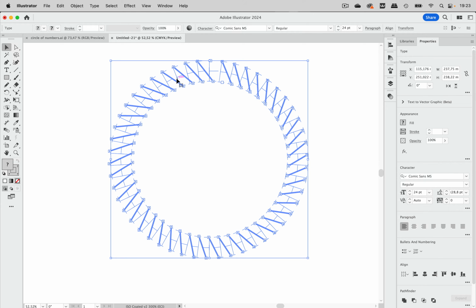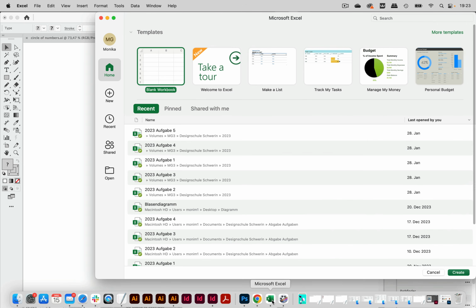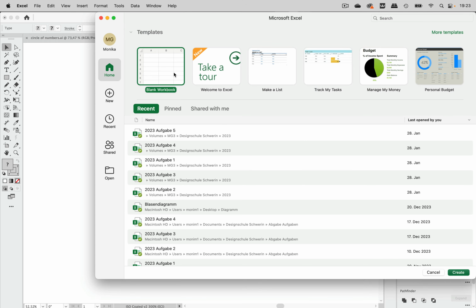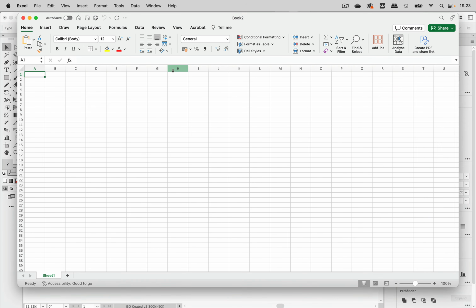choose Type, Threaded Text, Create. So this is the threaded text, and now we need the numbers, and I'm going to use Excel for this. So let's have a blank workbook and let's just enter the numbers that we want to have. So I want to have one step, so I'm going to enter 1 and I'm going to enter 2 in